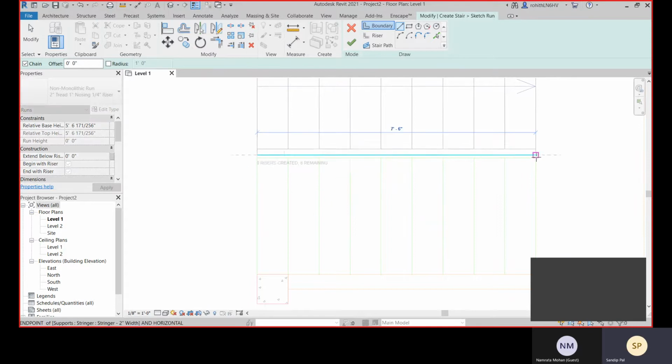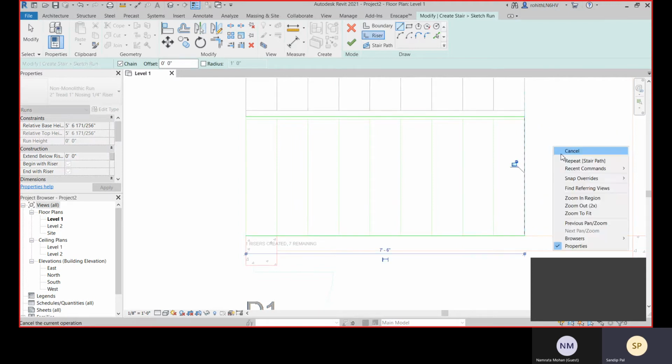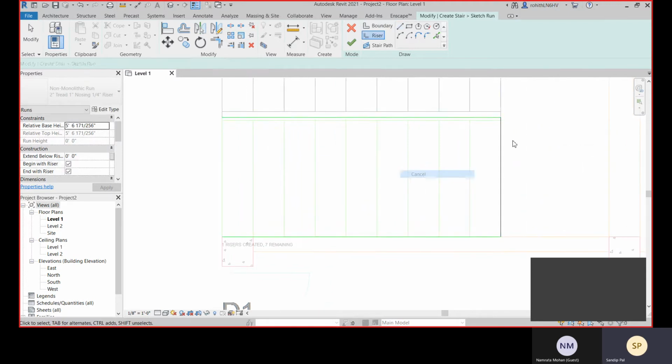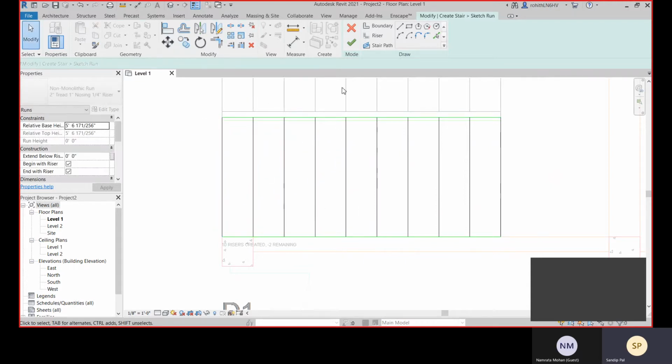From this point to this point I will make it, and from this point to this point, and let's create the risers from this to this end. Okay, now we will copy these risers from this, and you can define the stair path.